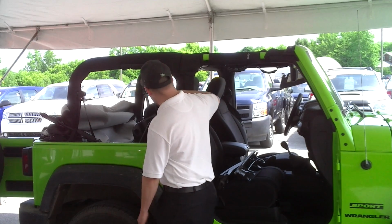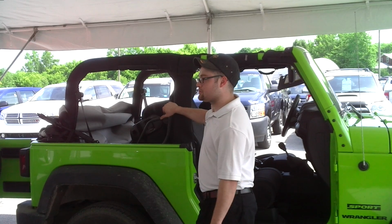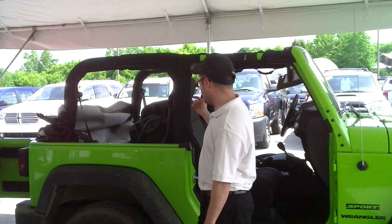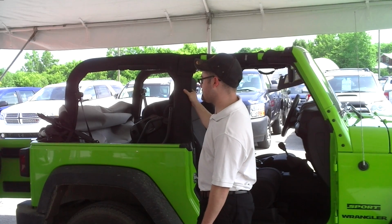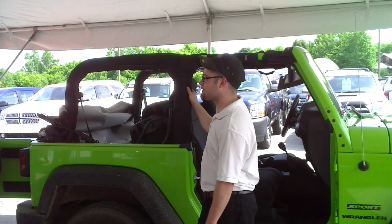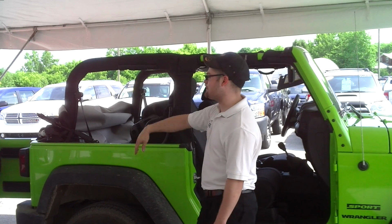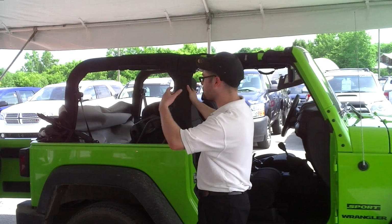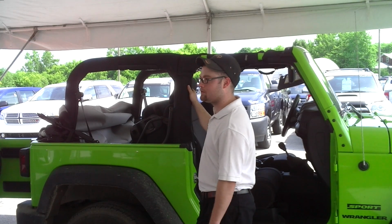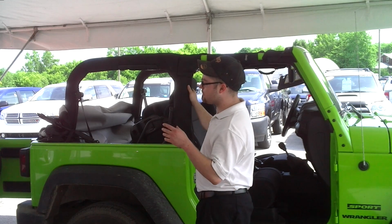Two doors are a little different, but a lot of people, when they order the two doors, usually I see them order soft tops. We do have hard tops that have been ordered, but like I said, there's nothing we can't put on it. You buy a hard top, summer comes around, and you think, man, I could really go for that luxury, flipping the top down, putting it up when I want, getting some breeze through the vehicle. We'll square you away. We'll order them up, pop it on, and we can get you rock and roll. There are prices too for hard and soft